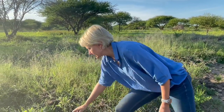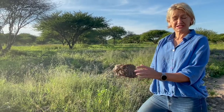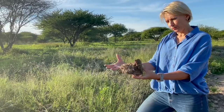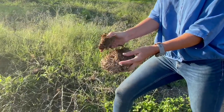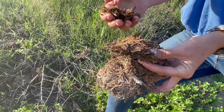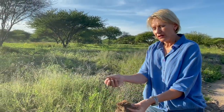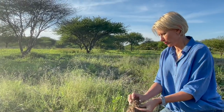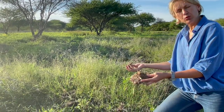What is that? This is actually elephant dung. So this comes out of the stables, and it was a whole ball, and now there's also a lot of nutrition in it. So it's pure grass, and in this you will also get seeds. As the elephants eat grass, they get the seeds in as well, and that brings in your seedlings for the grass to grow. So it's kind of a double whammy of